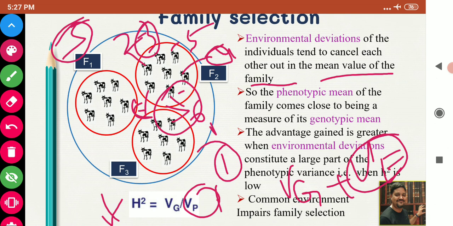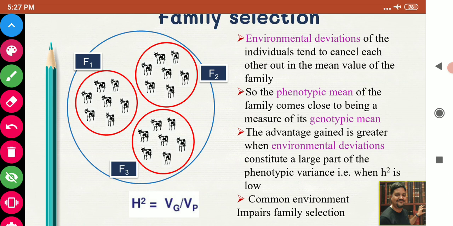So if environment is large, that means heritability is low. That is why I have already told you the condition for family selection is that it requires low heritability, and if there is high heritability, family selection will not work. So you will have to go for either individual selection or pedigree selection. Then